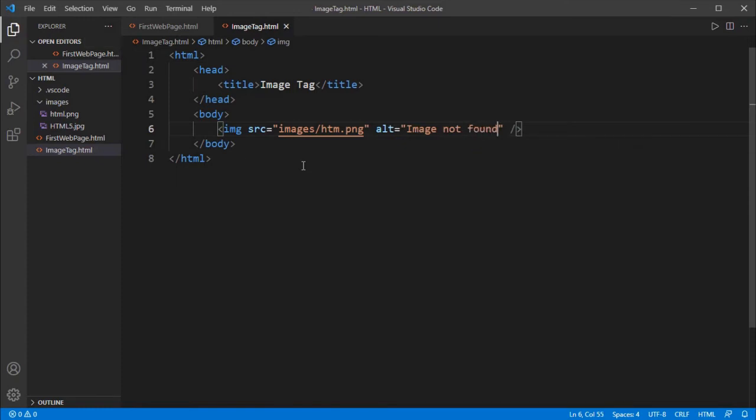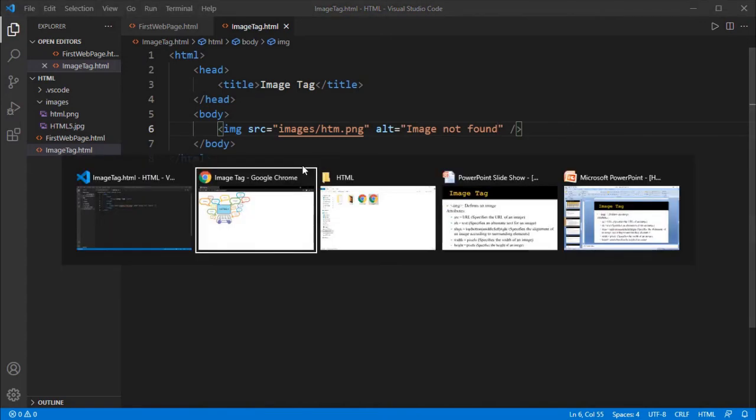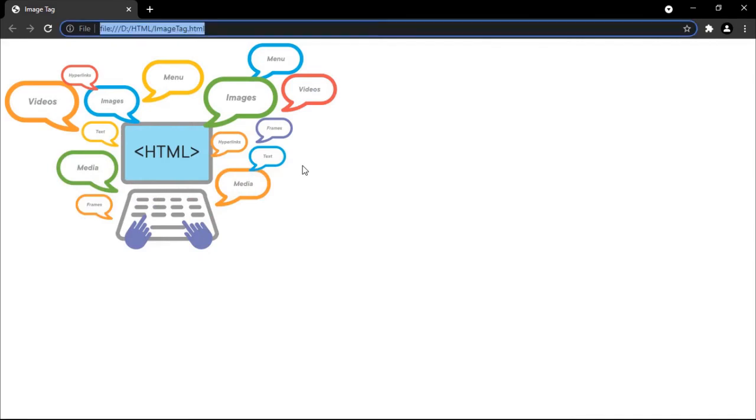So alt stands for alternate, which is going to be executed when your source path is invalid. Now our source path is invalid. Why? Because our file name is html.png, but here you have given htm.png. In such a case, it shows your general error message, that is image not found.